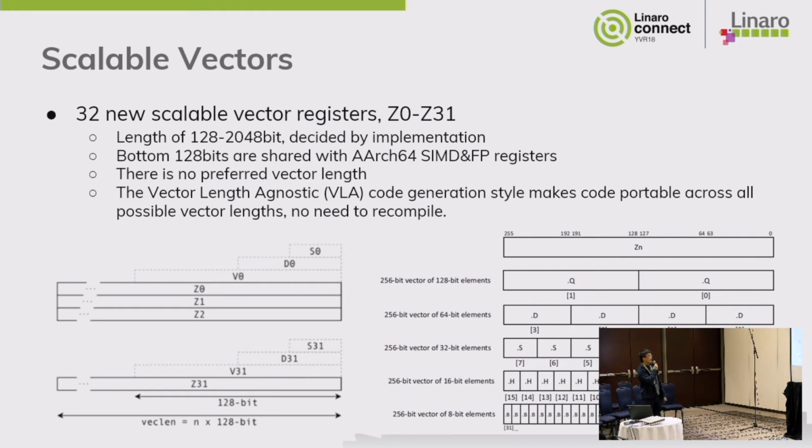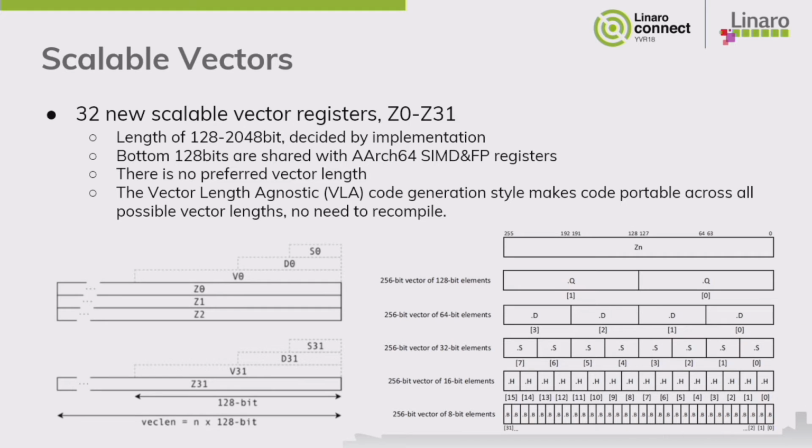So this is the scalable vector. SVE defines 32 new scalable vector registers, Z0 to Z31, and the length of the vector register is implementation defined from 128 to 2048 bits. The bottom 128 bits are shared with the AArch64 SIMD and FP registers. VLA, the vector length agnostic code generation style, makes the code portable across all possible vector lengths. No need to recompile, which means that one binary can run on all implementations of SVE. So these two diagrams show how